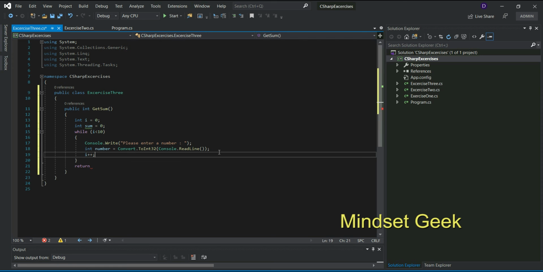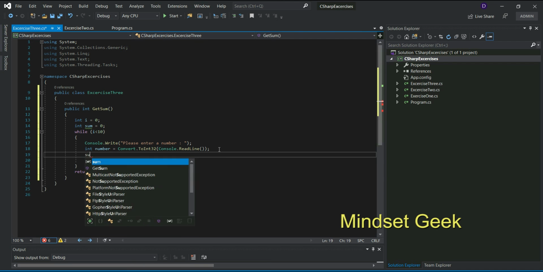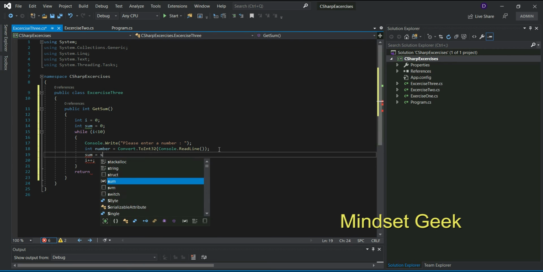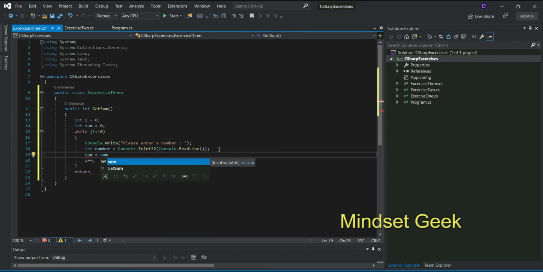This time I want sum to be sum plus number, the value that the user entered. We return sum.